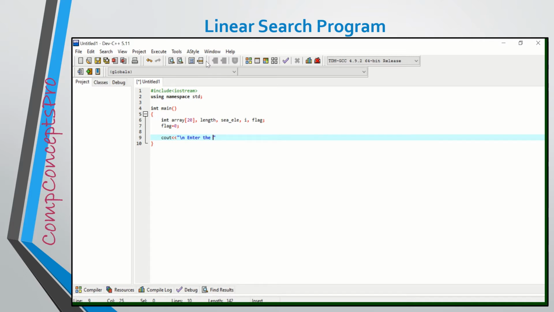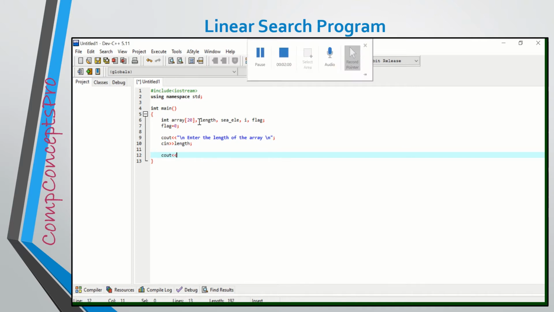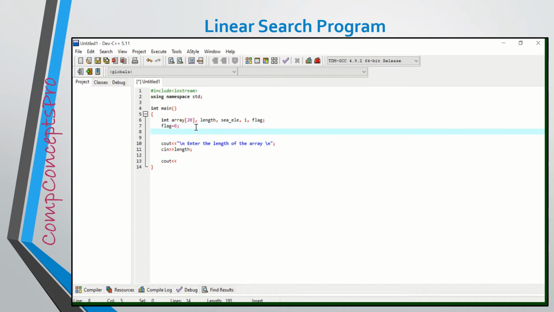Then there is another variable, sea_ele, which is the short form for search element, in which I will store the value given by the user for the element that the user wants to search in the array. Then there is the loop counter variable i and another variable flag. Initially I will store the value 0 inside the flag. We will discuss at a later stage of the program why we have to use this flag variable.